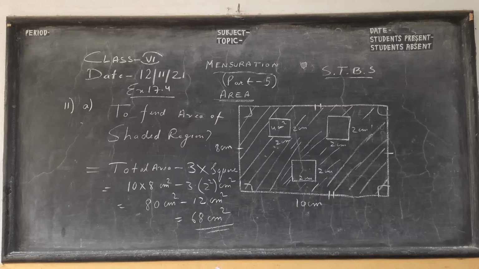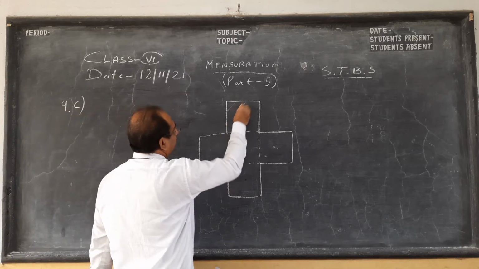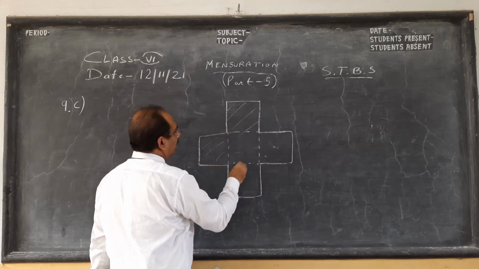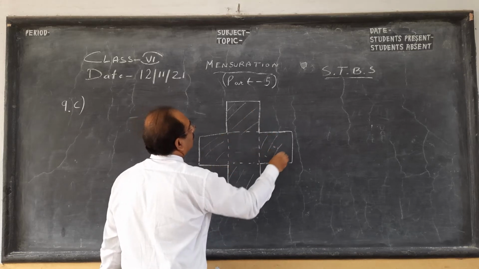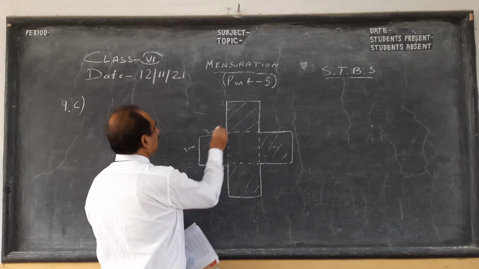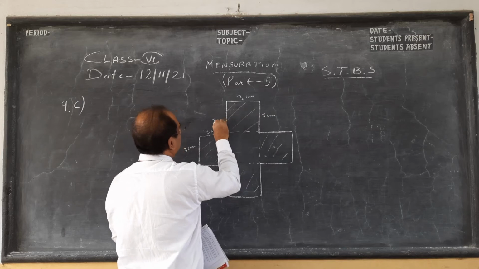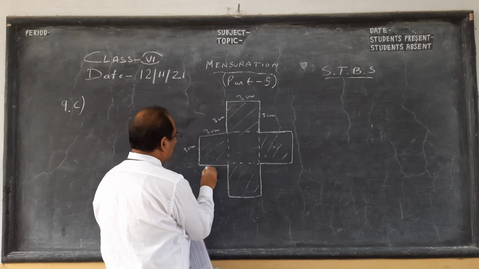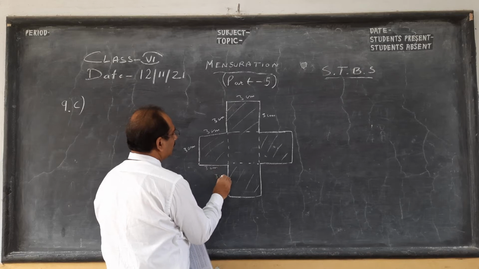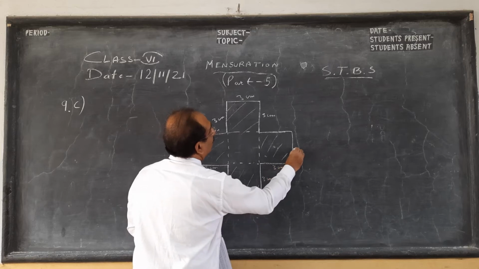Is your 11 part C. So next we go to a very interesting question, where a figure is given and a full shaded region is there. We have to find the area of this. If you see the book, all are 3 centimeter, each one 3 centimeter by 3 centimeters. So each side you see, the full thing we have is 3 centimeter. This side, this side, this side, this side.